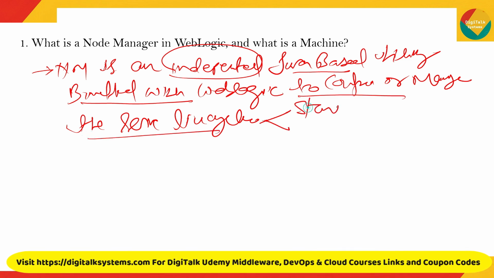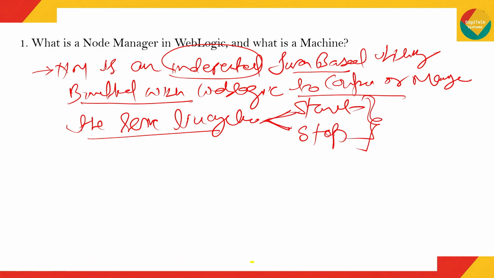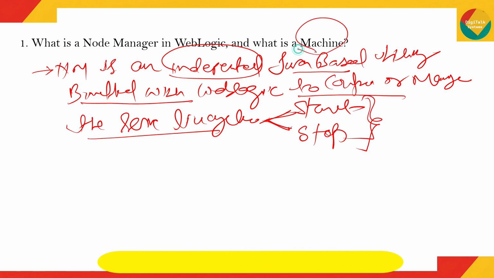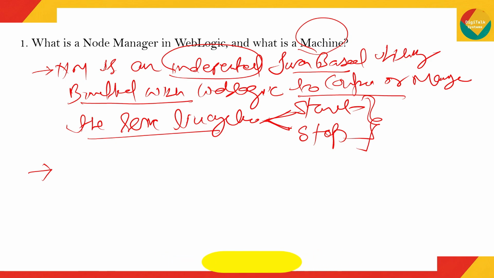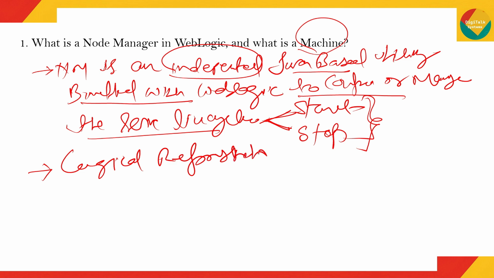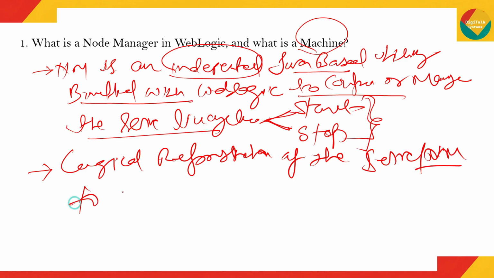And it is used to manage the server life cycle. Server life cycle means completely based on start and stop. When you are starting the servers, when you are stopping the servers, to control this life cycle we use a node manager. And what is a machine? A machine you can define as a logical representation of the physical server or virtual machine which hosts the WebLogic server. So what is the definition of machine? It is a logical representation of the server or the VM wherever your WebLogic is running,